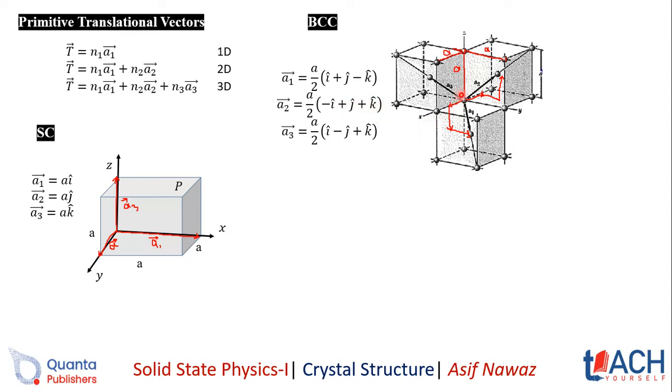Alright, and similarly for your a3, we have to just travel a by 2 along our positive x-axis, a by 2 along our negative y-axis, and a by 2 along our positive z-axis. So the components of a3 are a by 2 times i unit vector minus j plus k unit vector. Alright. So these are the translational vectors, and